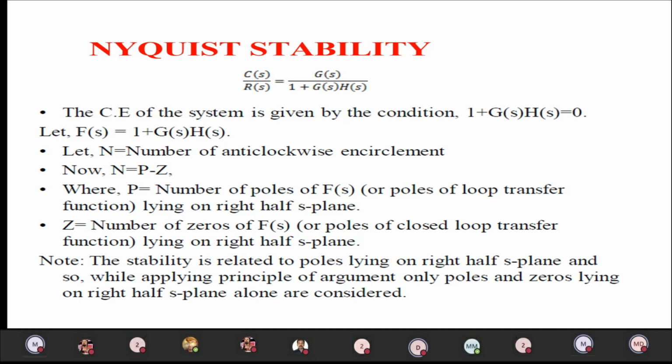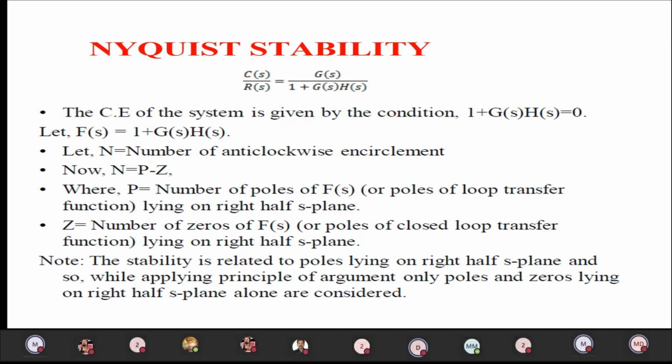whether the system is stable or not. Therefore, what he does is encircle the entire right half of the S-plane. Then the number of encirclements is counted in the anti-clockwise direction. If the number of poles in the right of the S-plane equals the anti-clockwise encirclements, then the system is stable. If the encirclement is clockwise, then the system is completely unstable. If there is no pole at the origin or at the right of the S-plane, there is no encirclement, which means the system is completely stable. So this is the stability criterion derived by Nyquist, and that is what we are going to discuss.